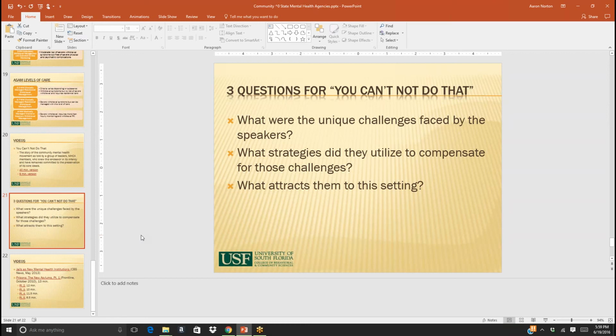And yeah, they may have committed a crime when they were hallucinating, but what if they had the appropriate outpatient treatment and they weren't hallucinating or they weren't delusional? Would they have committed that crime or not? So a big part of public safety and a big part of helping people is to have community mental health centers available. Now, a lot of people argue when we deinstitutionalized, we didn't have the appropriate support set up in the CMHCs yet. And so a lot of people, if they can't get to the CMHC because they don't have transportation, or they don't have a job, they're going to end up on the streets homeless or in jails again because they might be committing crimes out of desperation.